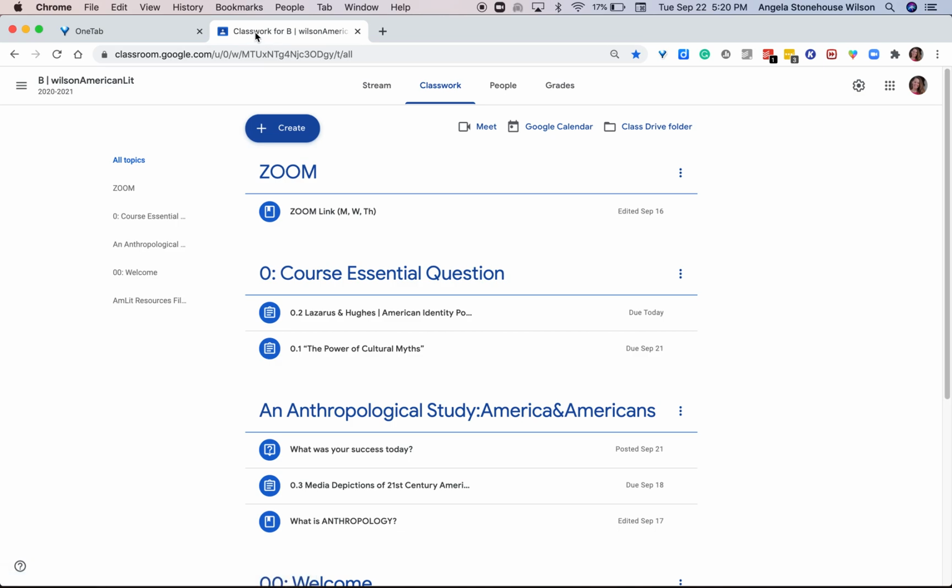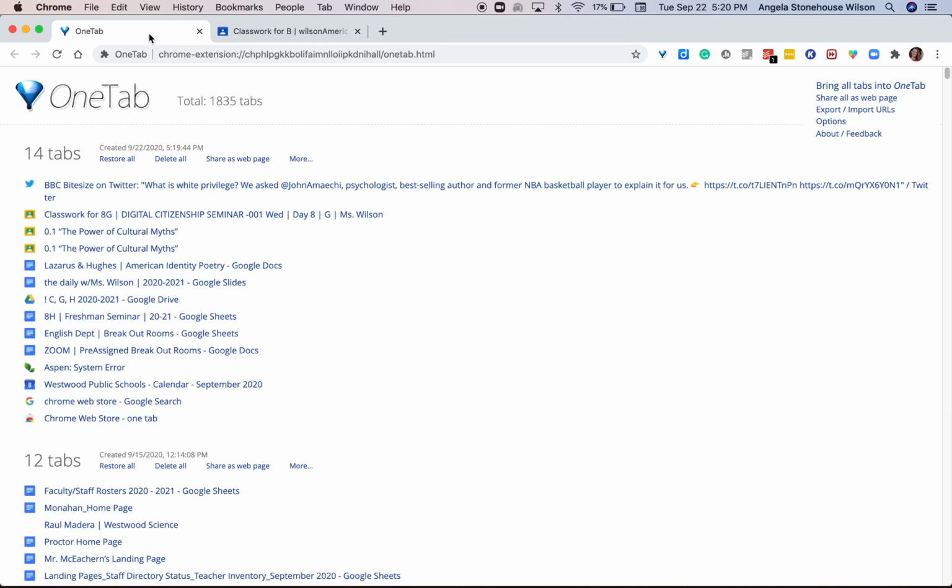Now, this view of OneTab has some really nice functions. If you want to reopen all of these tabs, all you have to do is hit Restore all if you want to open them all at once. You can open one at a time by just clicking the name. You can delete it. You can delete all. Under More, you can name the